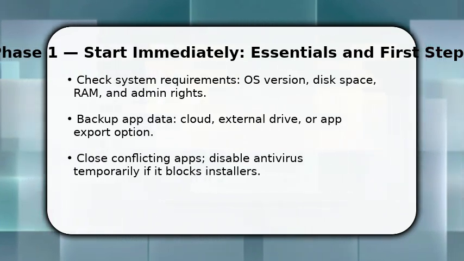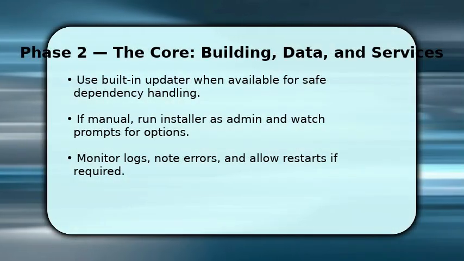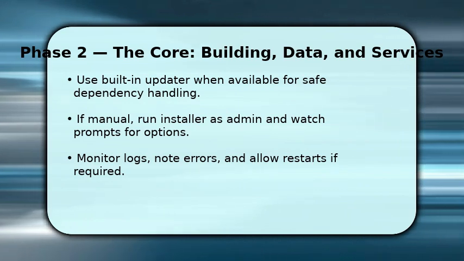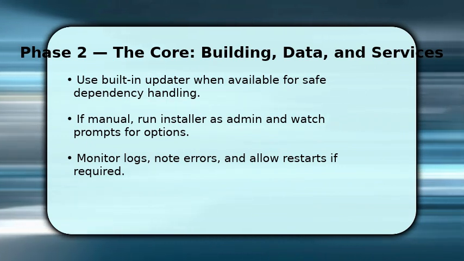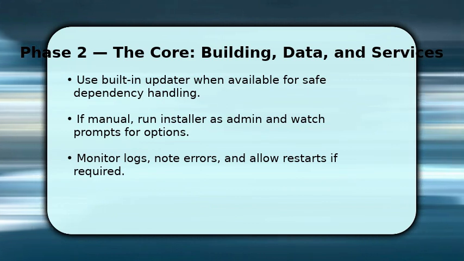You now run the update process itself. Choose the built-in updater first, because it handles dependencies and settings automatically. If you must install manually, run the installer as administrator and read prompts. Select repair or full install when unsure. Make sure to keep a terminal or log viewer open to capture messages. Logs explain failures and warnings. Once the installer finishes, allow any automatic restarts and do not interrupt file operations, because interrupted updates create corrupted installs